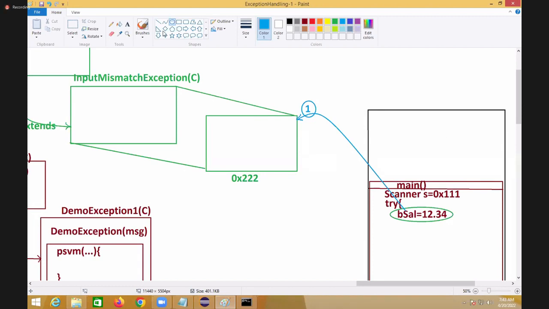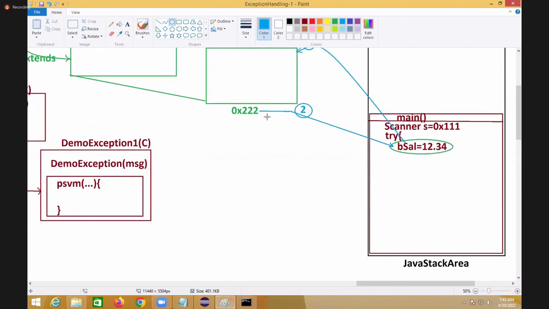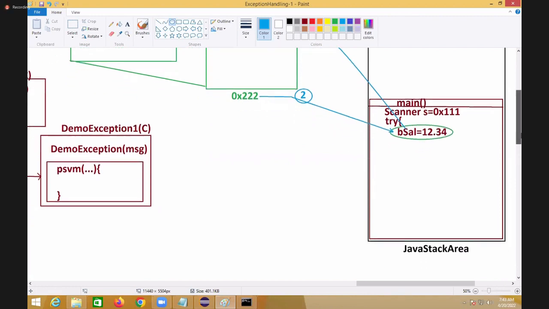Now, the reference of this object will come here. From where the exception was raised, the address will come here. Now, from here,